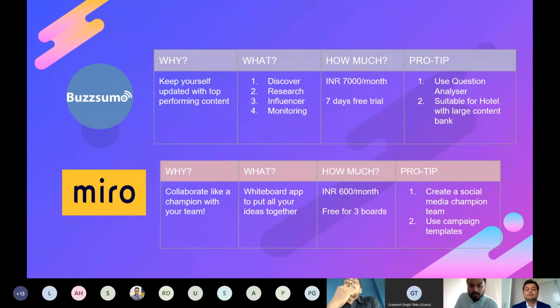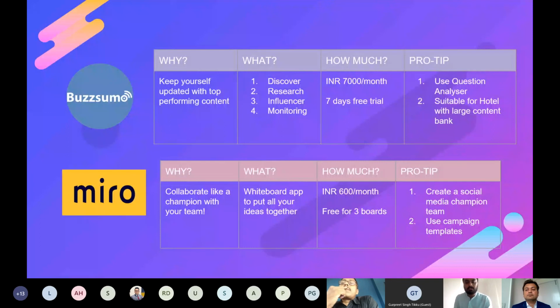My first question to everyone on the call is going to be, how do you keep yourselves updated? It could be updated about the field of work or the industry that you're working in or the new tools. How does anyone keep themselves updated? If someone can just put it in the chat box, that'll be wonderful.